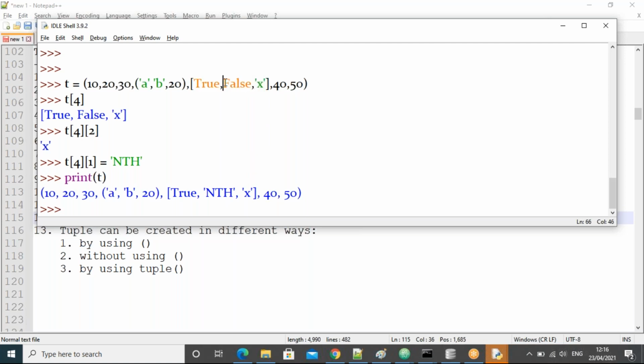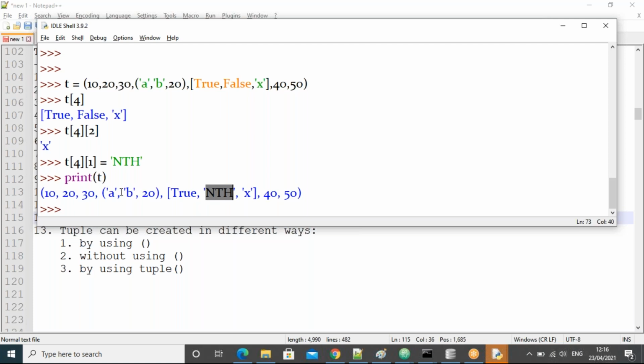This false is part of the list, guys, so it's possible. And suppose, guys, I want to see the type of this sublist. How is it possible? The same type, we take the entire name that will come here, right?